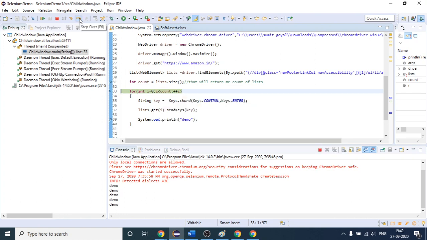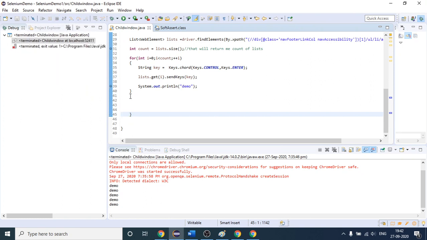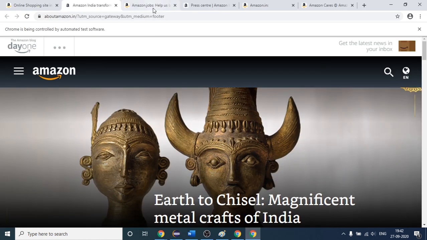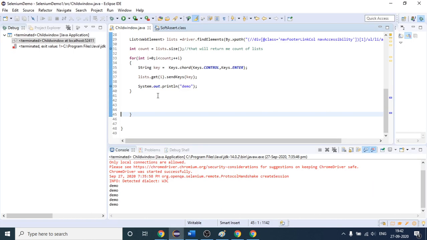If I click this, i will become 5, so the condition is false. This way you will not run your for loop again, and we will come out of the for loop. After we have opened our tabs in the separate window, you have to use the same steps we used before: I will use the method driver.getWindowHandles. If I get those window handles, I will store them in a Set of Strings,